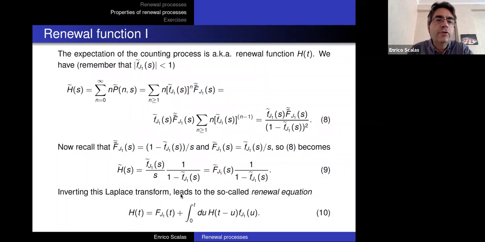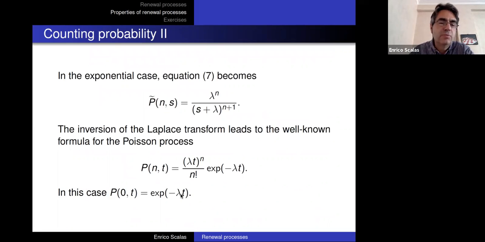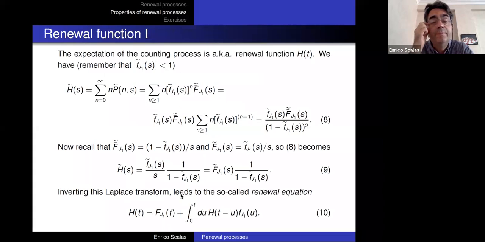And of course, now that you have the distributions, you can compute many quantities, including the expectation of the counting process. So what is the expected value of N(t)? Well, we already know, for instance, for the Poisson process, what the expectation would be. But let us see